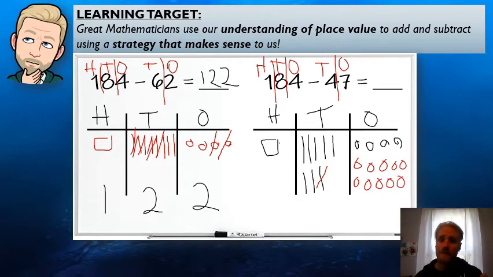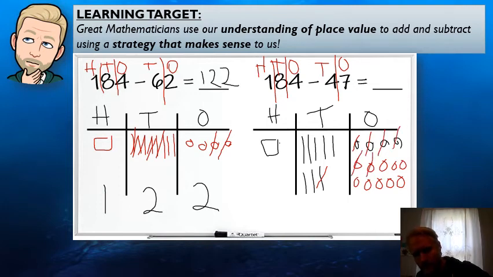Now I have 10 and 4 is 14. Can I take away 7? Yes, I can. All right, so let's go ahead and do that. So I'm going to cross out 1, 2, 3, 4, 5, 6, 7. All right. So that leaves me now with 1, 2, 3, 4, 5, 6, 7